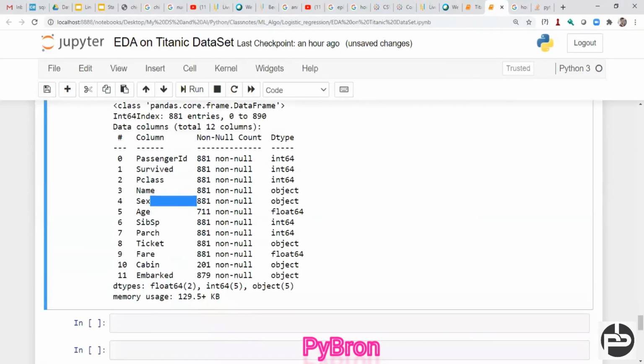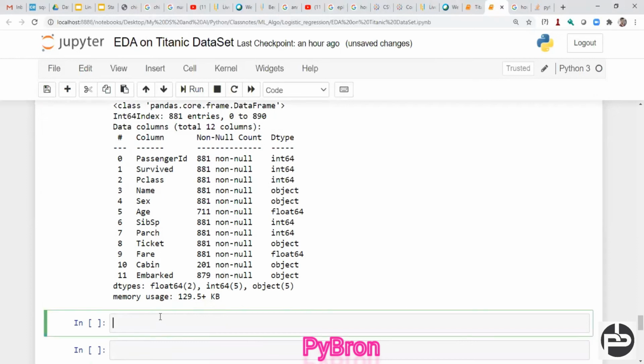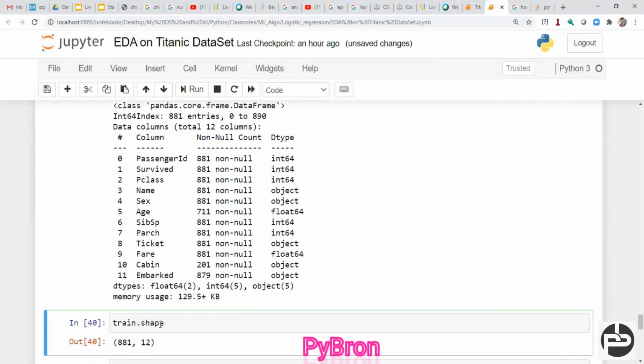And we will also get whether any null value is present or not. If there is any null value, it will show you non-null counts, based on whatever data set we have. What is the data set we have? Let's see, train set. We have 891 rows, right? In PassengerId, we don't have any null value.